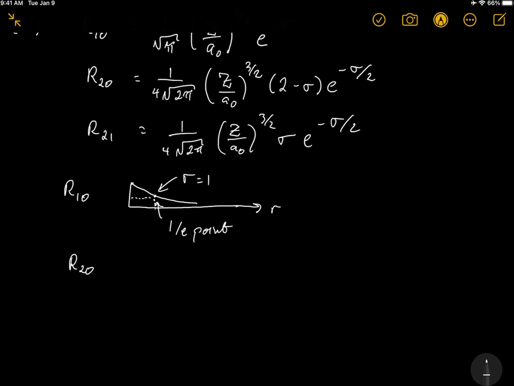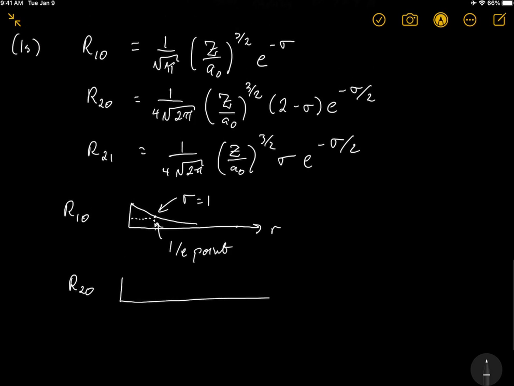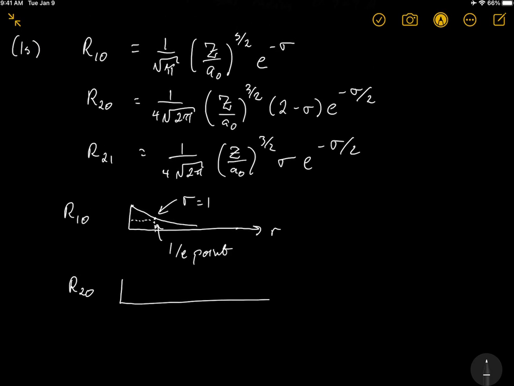Now for the next one, for R20, if we plug in at sigma equals 0, we're going to have this first part in parentheses here, this 2 minus sigma, that's going to be equal to 2, and then of course sigma is going to be 0, so the exponential function would have a value of 1, and so it's going to start off with some positive value,